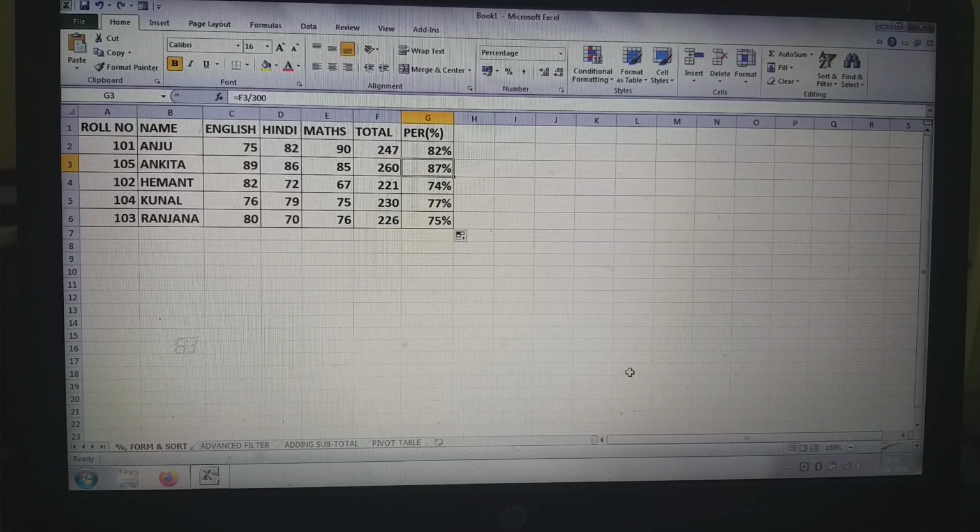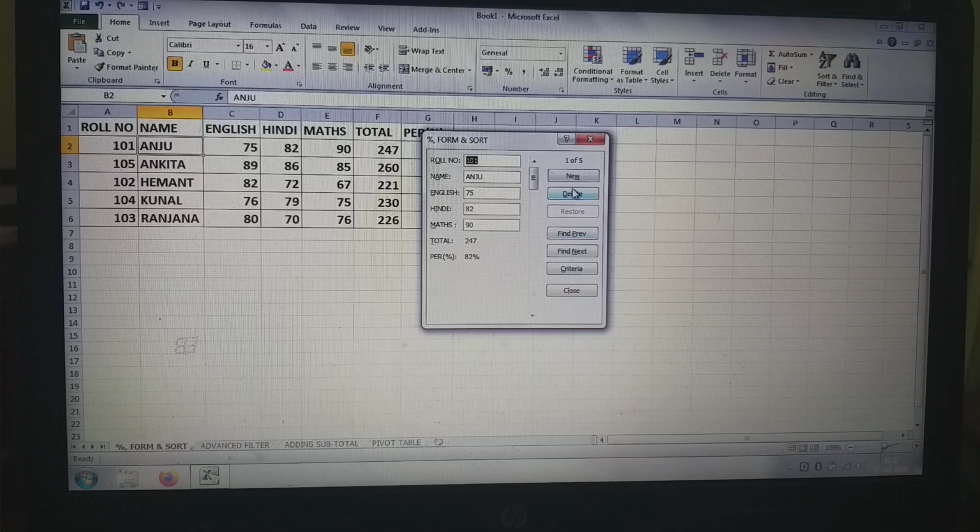Now you can see the form button. See here, the form button is displayed on the quick access toolbar. Now select any cell and click on the form button to enter records. Now see, find next to see the next record. So if you want to enter new records, then click on the new command button. See here, new command button. Click on new,